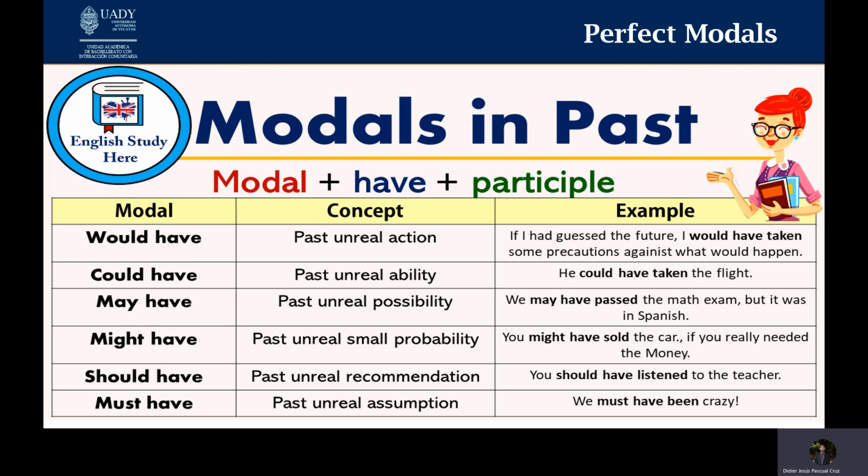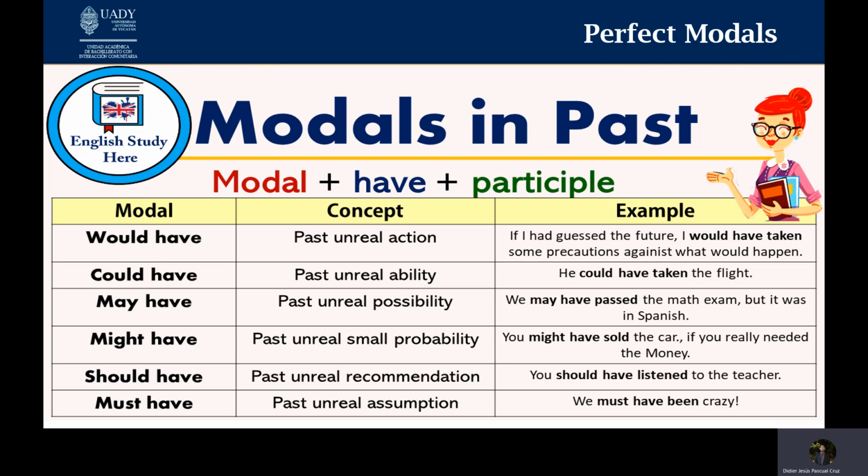To make sentences with these modals in past, you need to use the modal verb plus the verb have plus the participle. It is usually used together with the past perfect simple or past perfect continuous, because remember the past perfect expresses a time in the past. Depending on what we want to express, we are going to be using would, could, may, might, should, or must. They have the same function that we have in present, but referring to unreal situations in